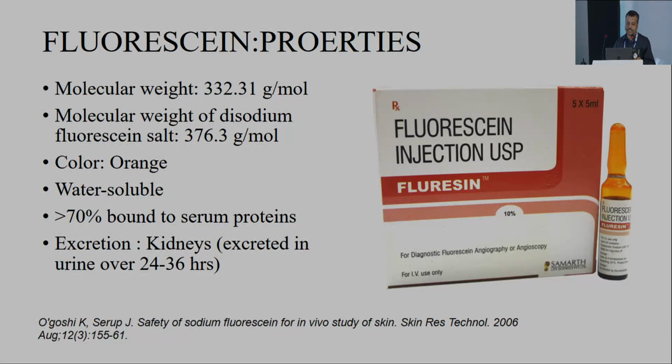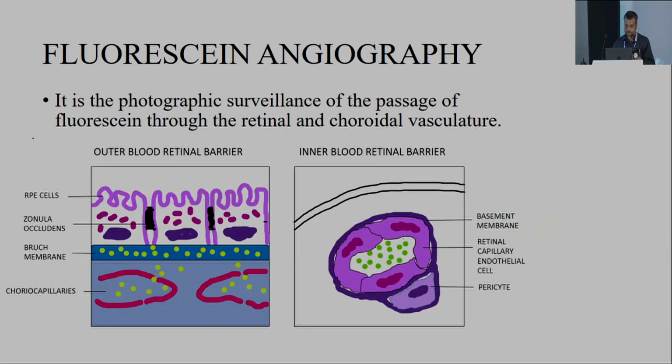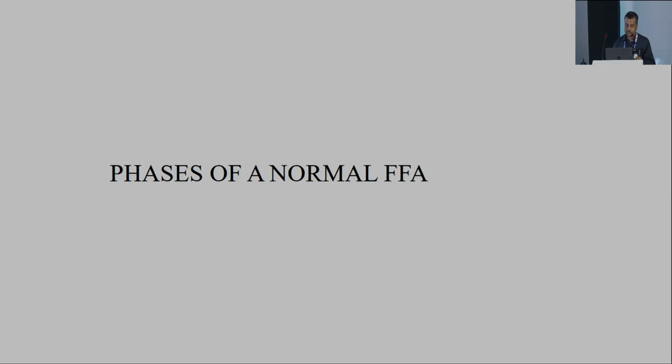So fluorescein angiography is to be avoided in patients with renal impairment, whereas ICG angiography is to be avoided in patients with liver or hepatic impairment. There are two barriers of fluorescein leakage. One is the outer blood retinal barrier, which is the RPE, and one is the inner blood retinal barrier, which is the endothelial cells. So first, before we go into interpretation, we should understand what are the phases of normal